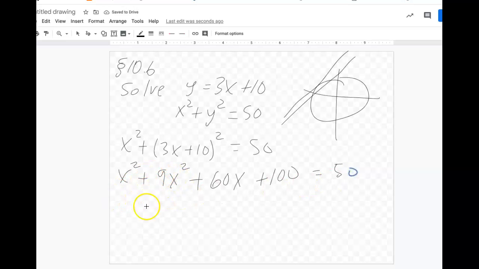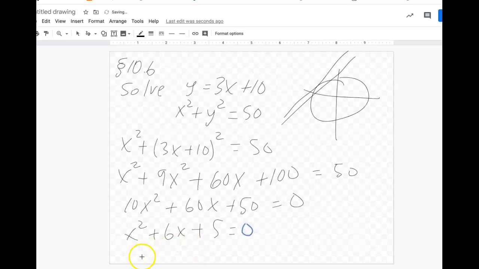We can add like terms, giving us 10x squared plus 60x. We're going to subtract 50 from both sides. So we'll have plus 50 equals 0. We can divide everything by 10 and end up with x squared plus 6x plus 5 equals 0, giving us